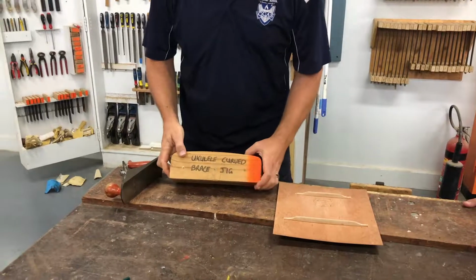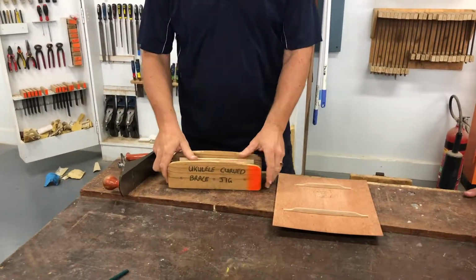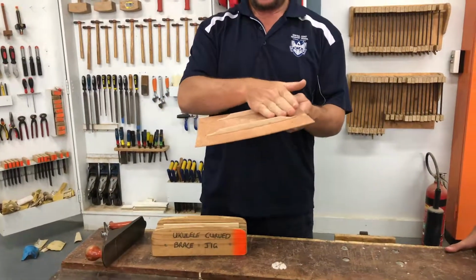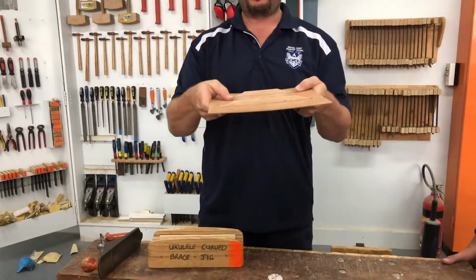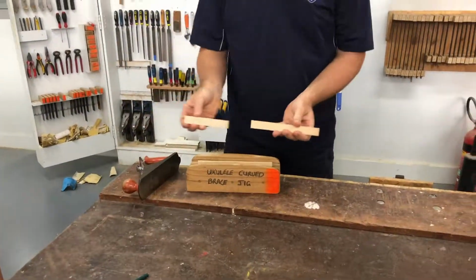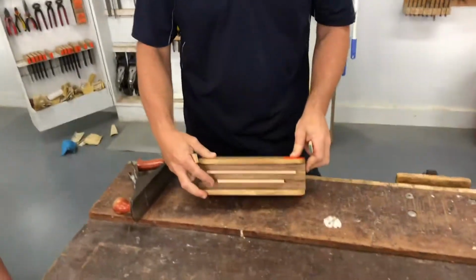Guys, this presentation is on the ukulele curved brace jig. We are curving the back of the braces for our ukulele back so that they give our back a beautiful curve. Right, what you're going to need to do is take your big long pieces of this, mark them out,